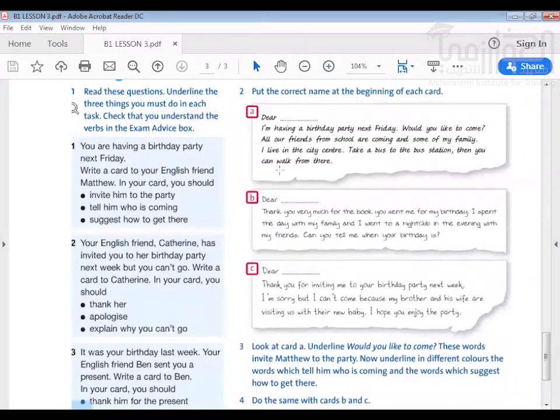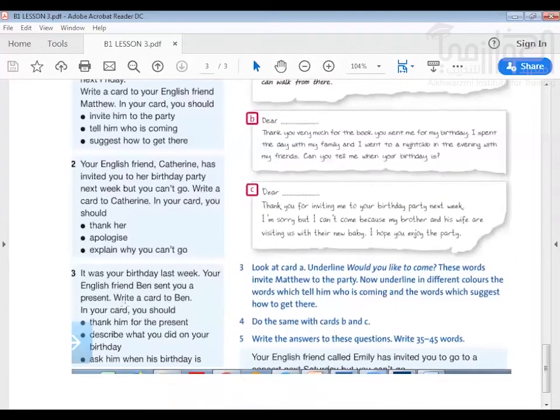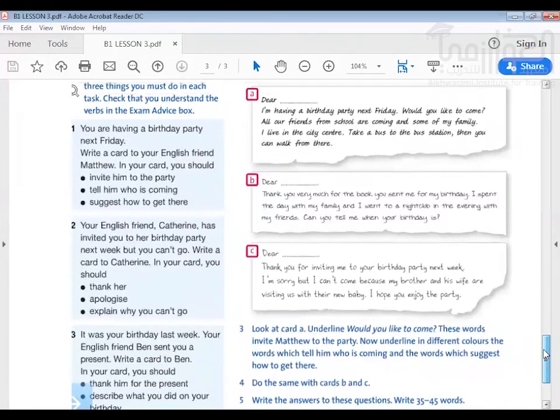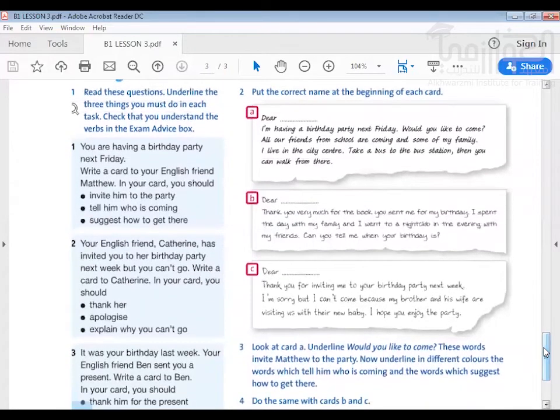So let's see it here. I want you to see it this way. You can see the task here. What is important is the name. Read only the first parts, and you can see the names that should go to the beginning of the letters. Just read only this part, you get the names. So when we read, you can see the correct answer here.